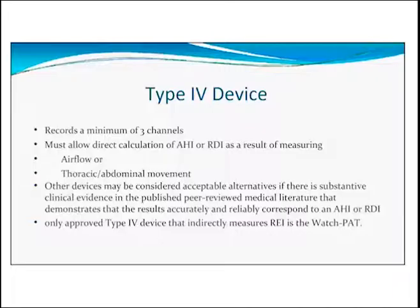And lastly, the type 4 device. And this has a minimum of 3 channels and must have some way of directly calculating the AHI or RDI by either airflow or effort belt. However, other alternative devices can be approved if there's literature that supports their use. And an example of this is